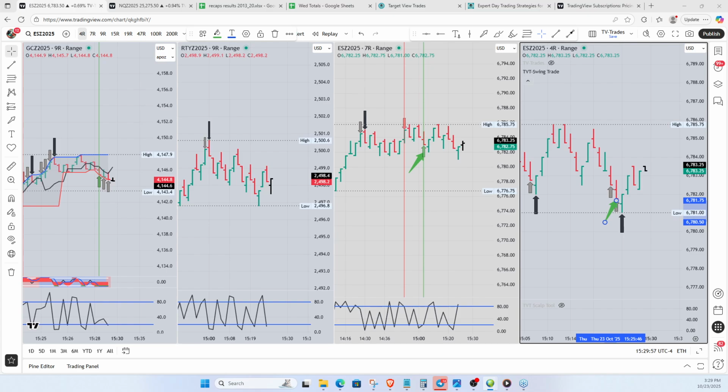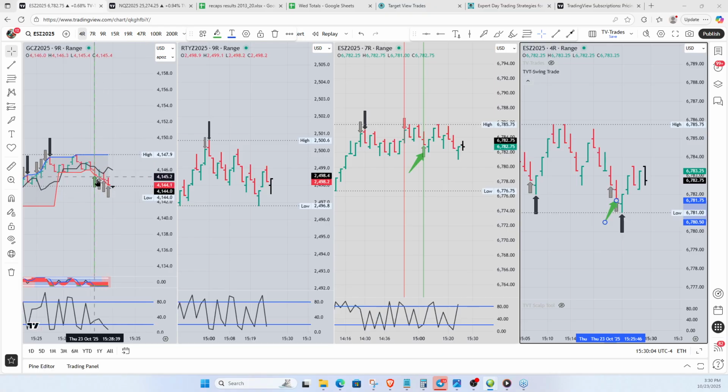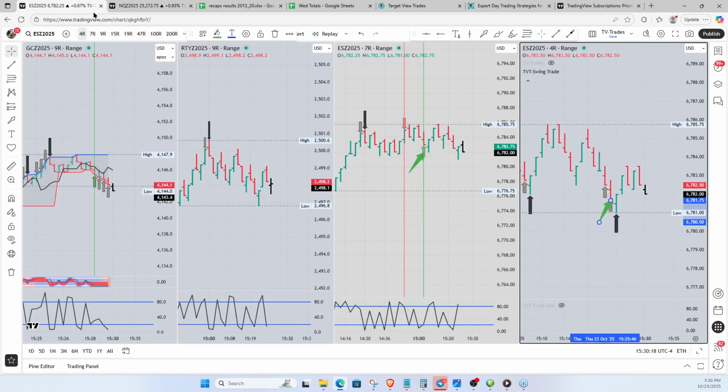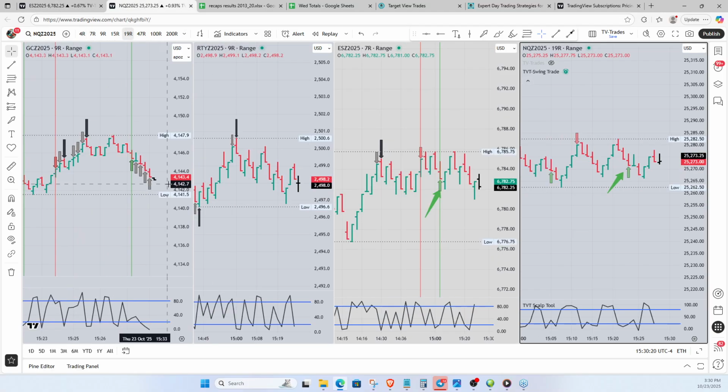If I would have gotten this on the scalp trade right there, I would have gotten a little bit of profit, or I would have gotten a break even. But I didn't get either one. Over here, nothing. On the gold right here, it's showing you the same thing it is over here. The gold on both these, showing you the same thing.